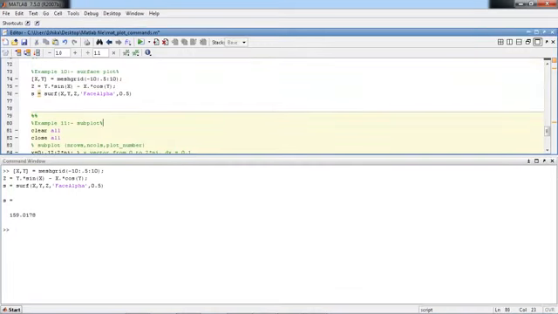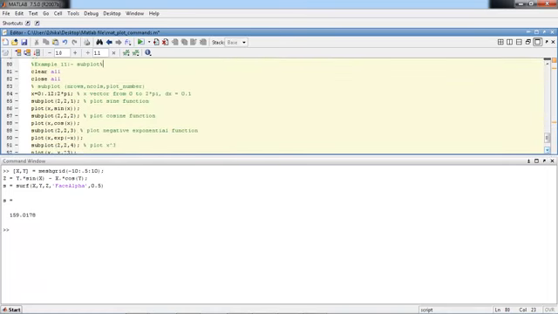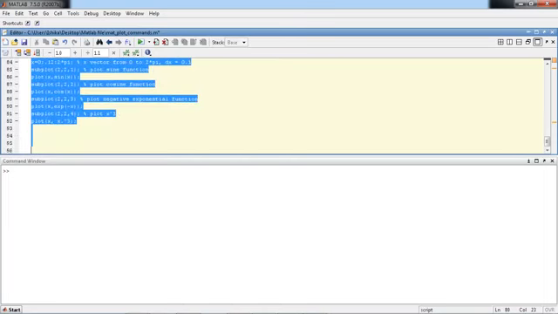So this is the subplot example. Before running the subplot example, we'll use the command clc, then clear all, then close all if figures are open. This is the subplot function.